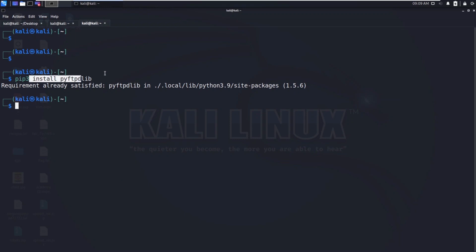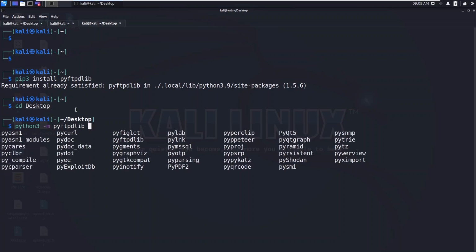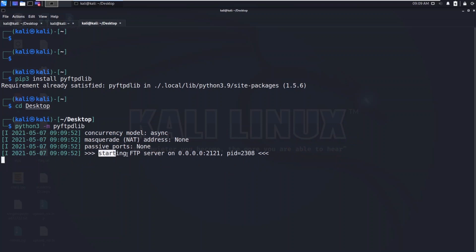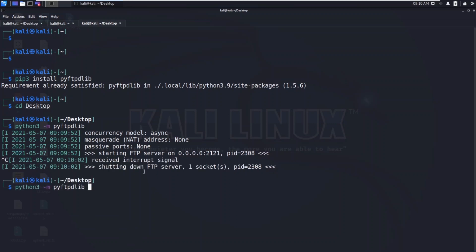You need to install this, pip3 install pyftpdlib, and python3 -m pyftpdlib, and now hit enter. You can see starting FTP server on port 2121. Okay, this is fine. I will show you another method.